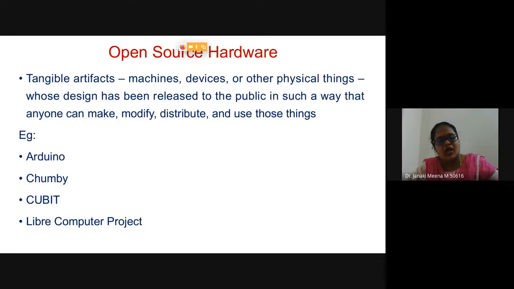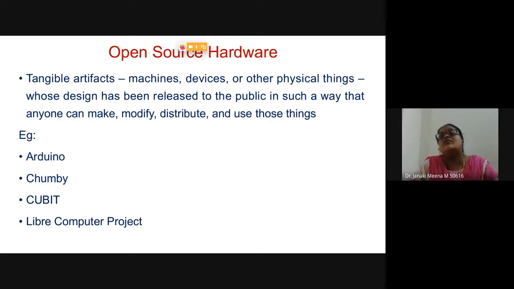And what is open source hardware? You might have heard about all these things, but you may not know that this comes under open source software, this comes under open source hardware. Some of you may know that. For some of you, it may be new. So open source hardware are machines, devices, or some physical things which have been released to the public. The design itself is available.